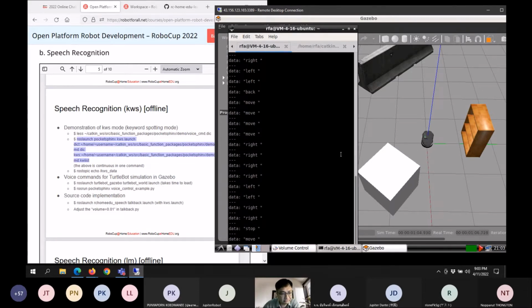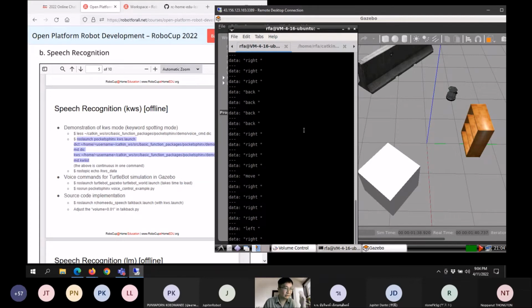So look at this robot. When I say back, can you see the robot is moving? Back, right, it's turning right, okay, back and back and back and so on. Yeah, so that is how I control the robot with speech recognition. But the recognition is not so good. So that's why I don't really recommend you to use this. But there is an advantage why we use this, because